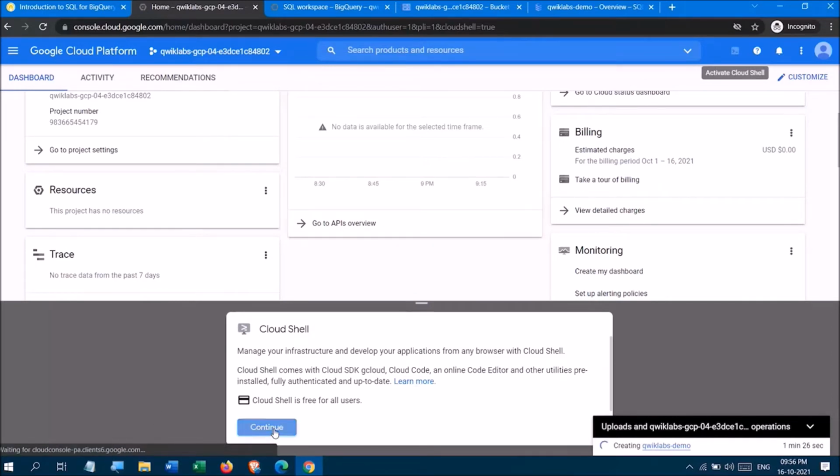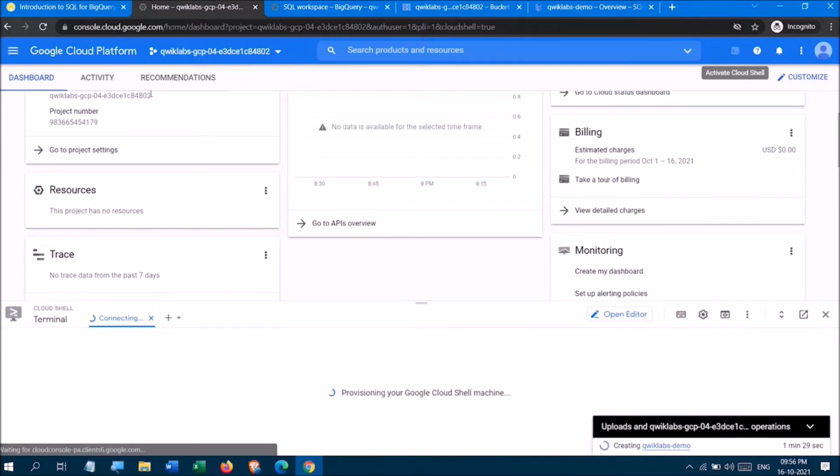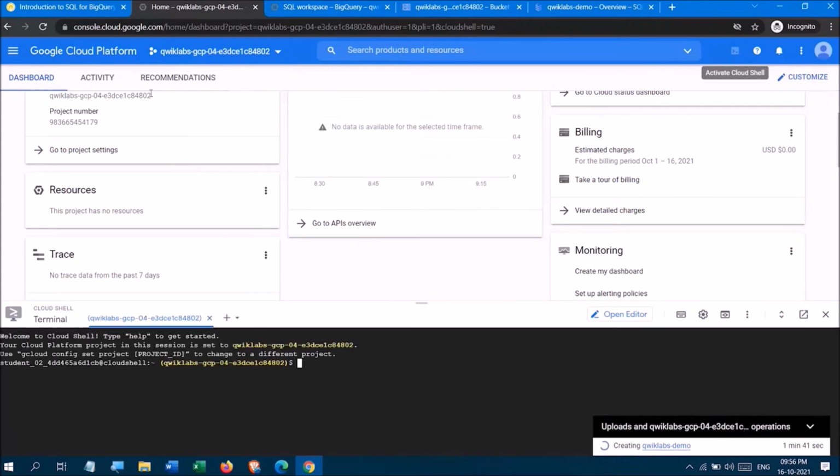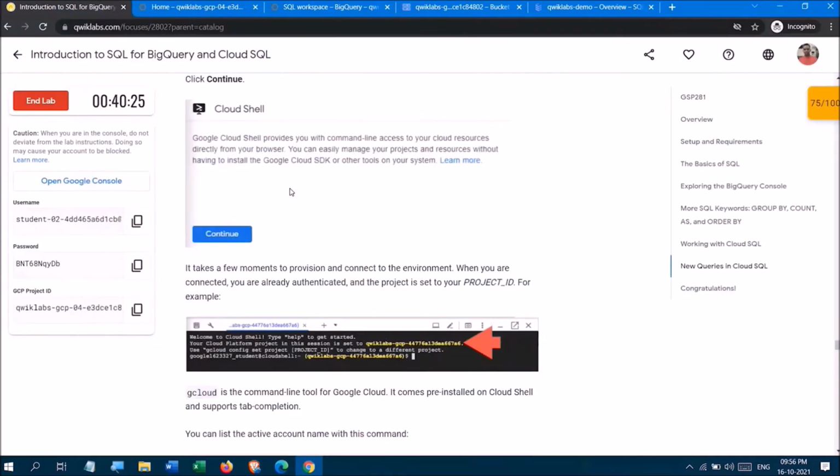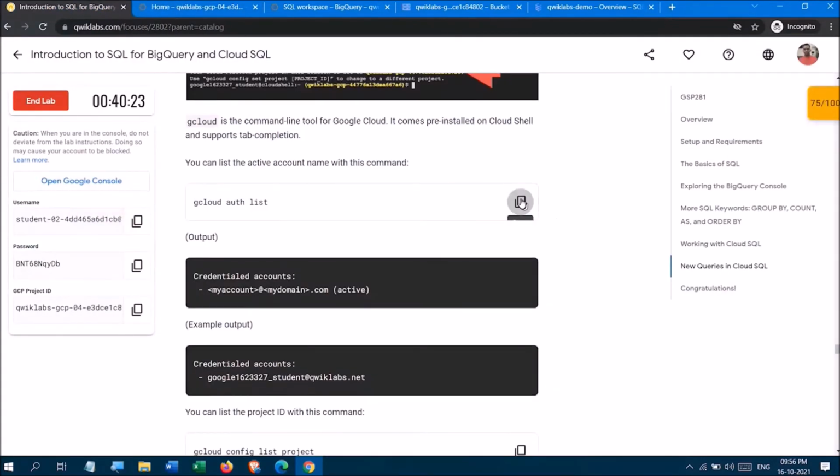Click on continue, and it will take a few seconds to get this cloud shell open. So run these commands. Copy this command